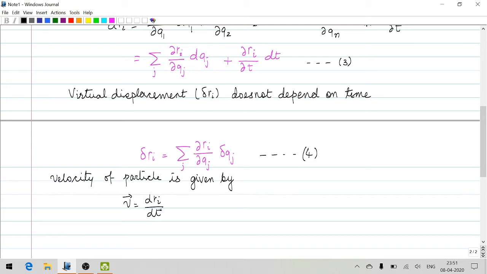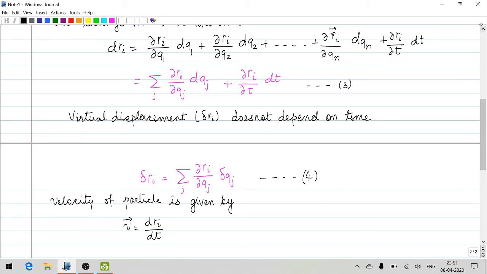So if you divide on both sides of equation 3 by dt, we will get this as